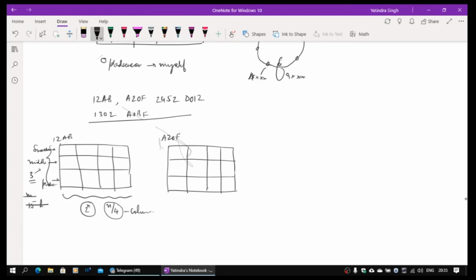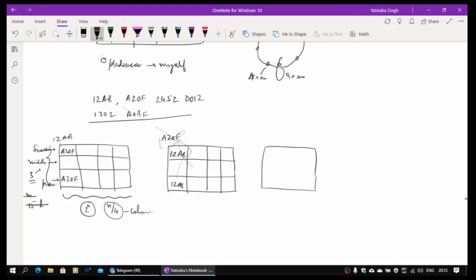So 12AB, when it comes, there is no entry. A20F comes, so it will make an entry A20F as its successor. After 1, the A actually comes. Okay, and after this it will also act as a predecessor actually. So there is no middle in this case. Only a middle can come if there are actually 3 partitions. So 1 and A, there are only 2 partitions as of now, and each partition has only 1 node. So the same will happen with A20F. It will now maintain 12AB and 12AB. There is no middle. It will be vacant. Let the third node come in now, 2452.